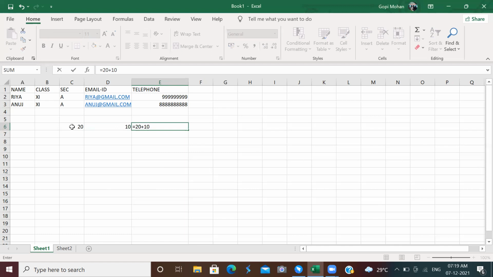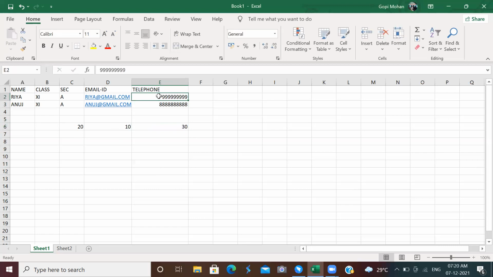What do you mean by inbuilt functions? That means predefined formulas. Okay. Just keep in mind one note: values do not display the preceding zero. Suppose the phone number, see here. Before entering a zero, that value is not displayed on the screen because Excel does not support a zero at the beginning of a value. Okay, suppose if you want to display zero at the beginning, you have to use a single quote and then zero.